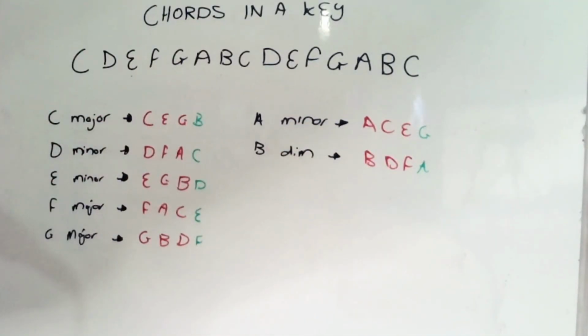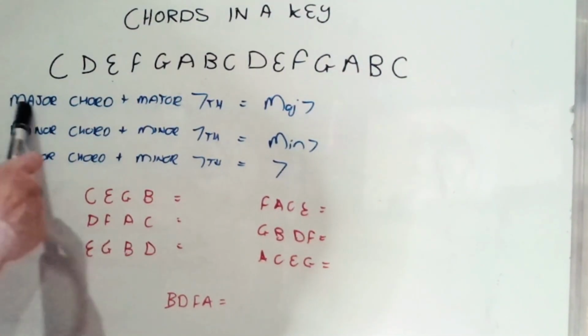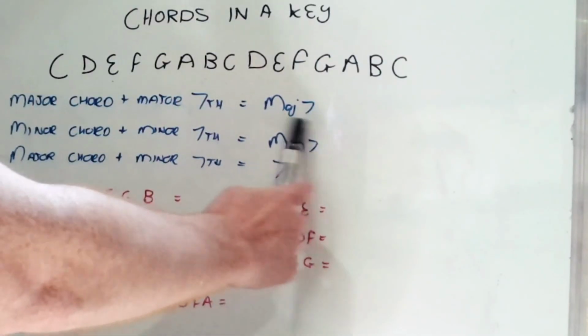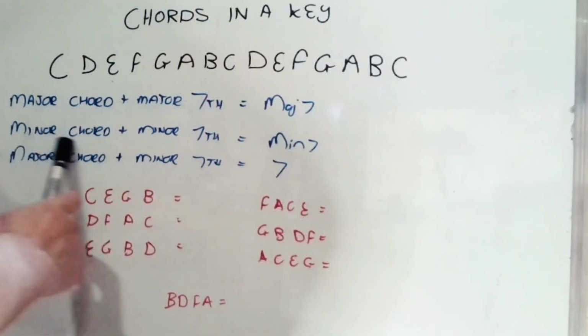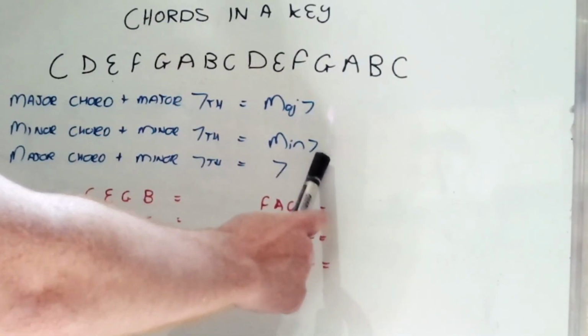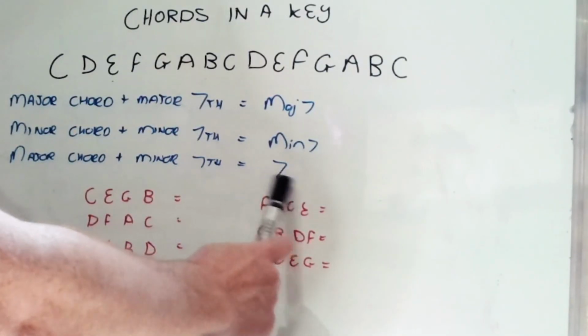So now we know what notes exist inside of our 7th chords. So how do we know whether these are major, minor, or dominant 7th chords? Let's take a look. One important thing to understand about how 7ths are built is that if we take a major chord and we add a major 7th to it, we create a major 7th chord. If we take a minor chord and we add a minor 7th to it, we've created a minor 7th chord. And if we take a major chord and add a minor 7th to it, we've created a 7th, or a